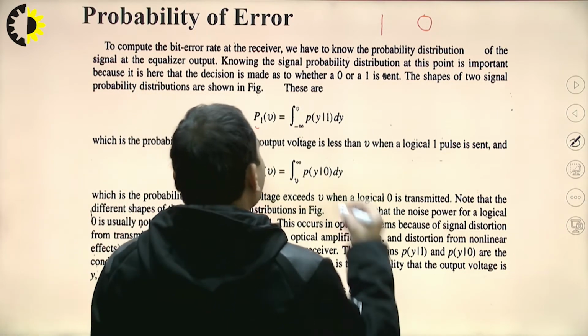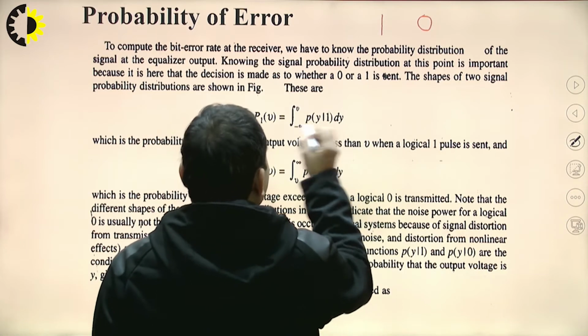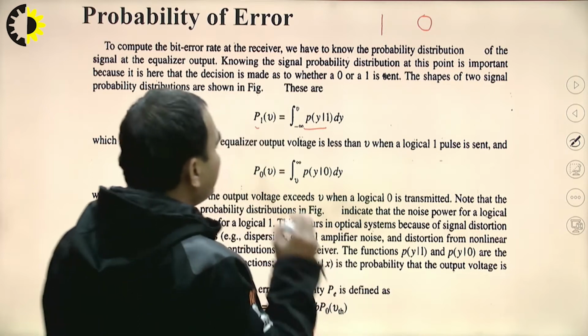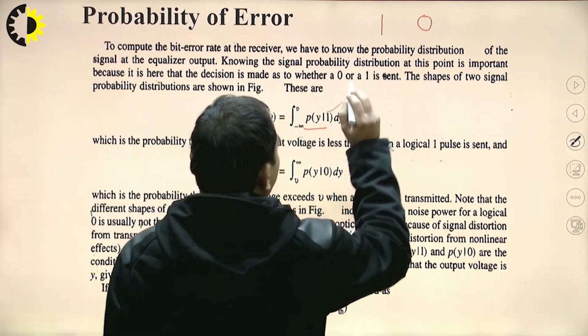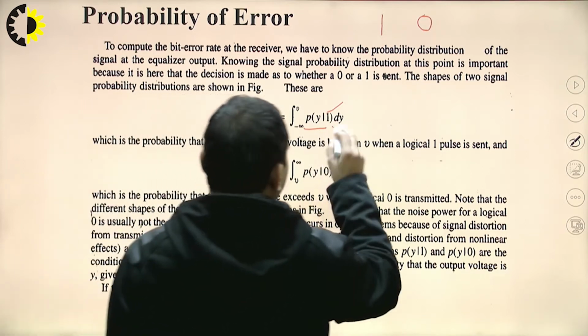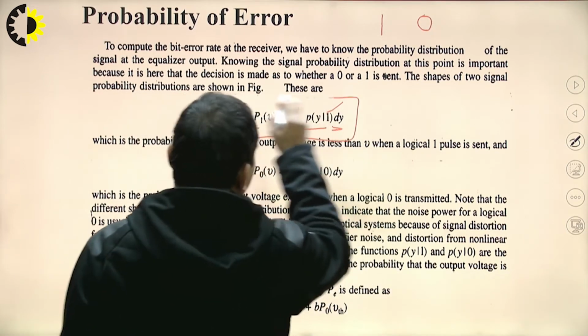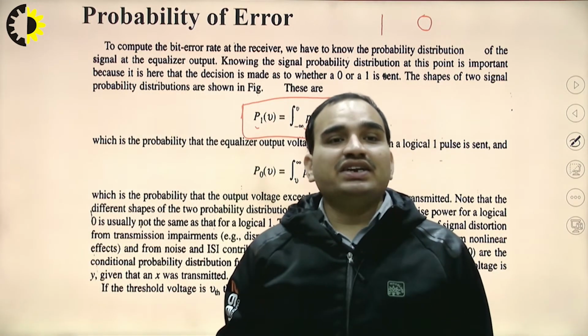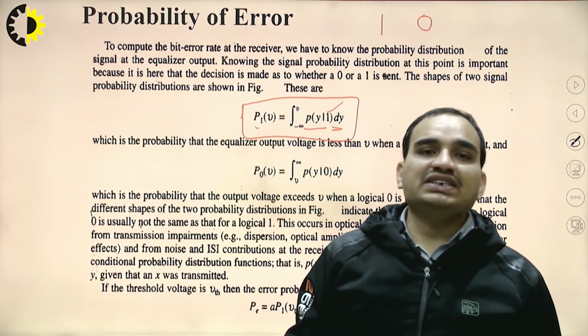It is given by the probability that bit y has been received when 1 was transmitted, integrating with respect to dy. This is the probability that the equalizer output voltage is less than V